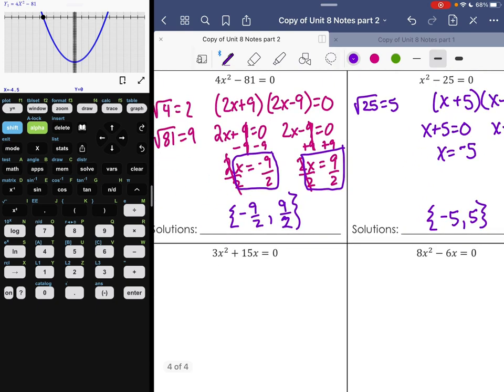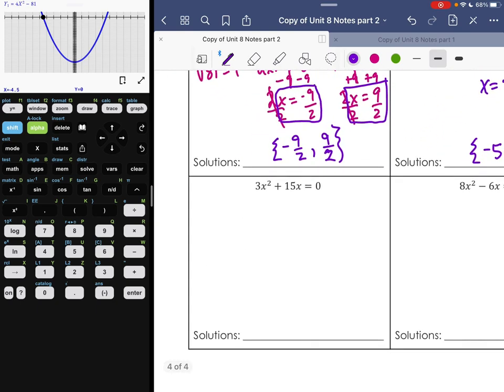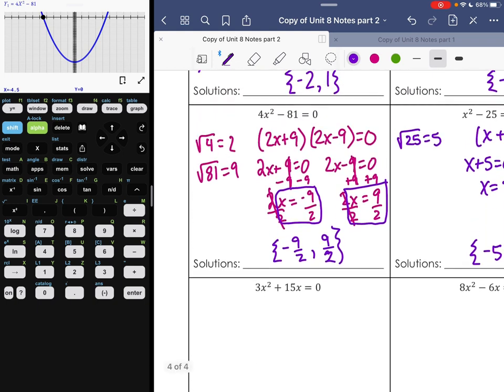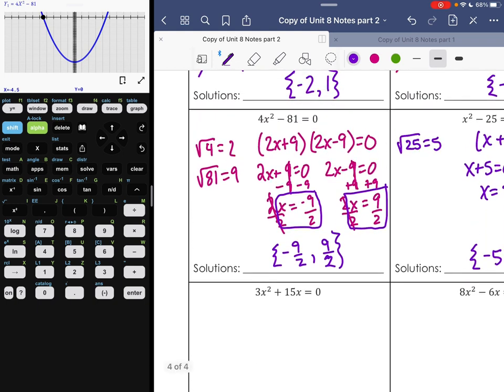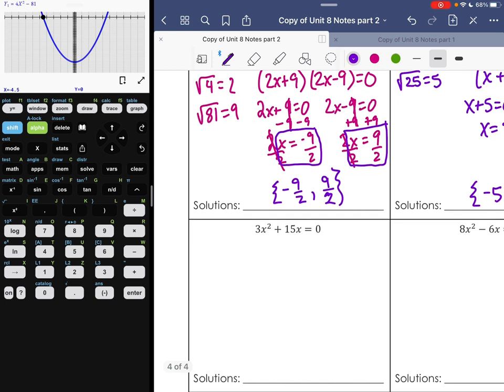Now we're going to do two for when c is missing. So notice when c is missing that they have a GCF because they both have an x. You can't do that up here because they do not both have an x. So if they both have an x like this and there's no c value that would require you to do the x method, then you can just factor out that GCF